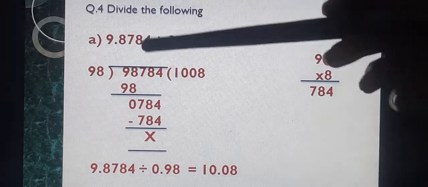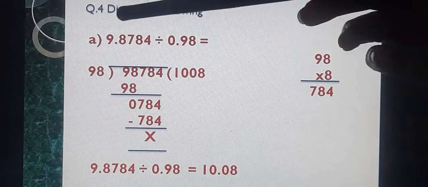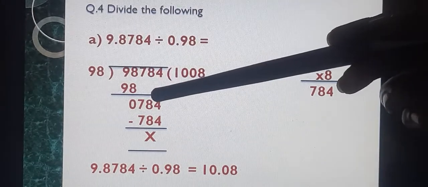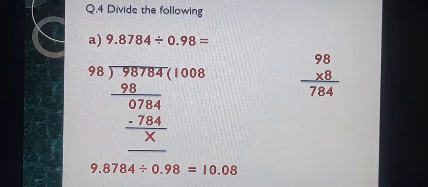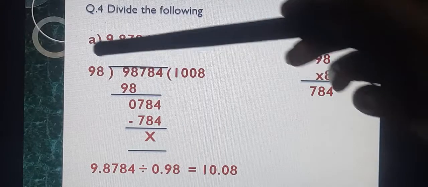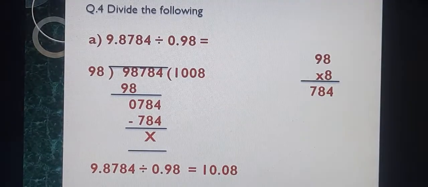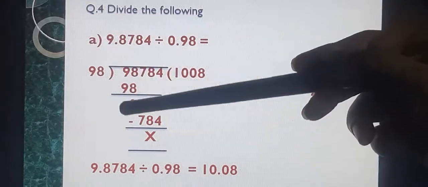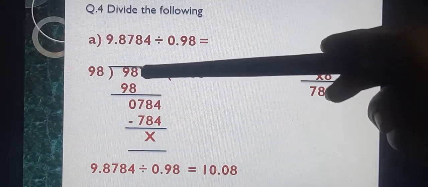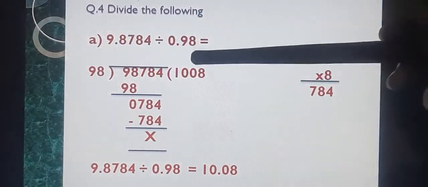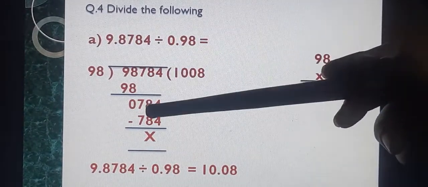Now when we are going to do division of these type of questions where dividend and divisor both are containing decimals, we will not consider decimal in division, right. So we will do division 98,784 by 98. 98 ones are 98. 8 minus 8, 0, 9 minus 9, 0. Now we will take next digit, that is 7. 7 is less than 98. So we will take 0 in the quotient and we will take next digit.